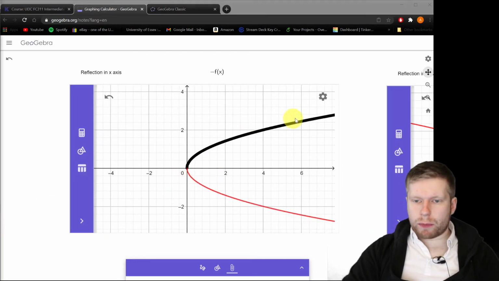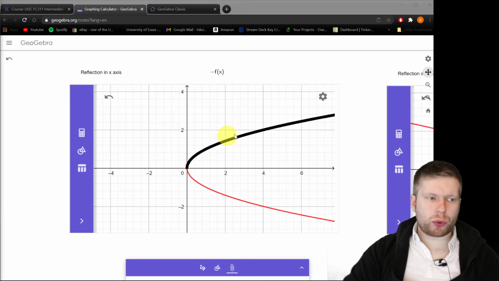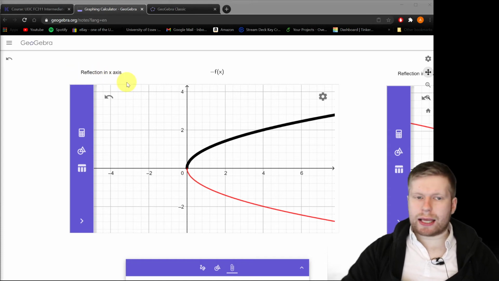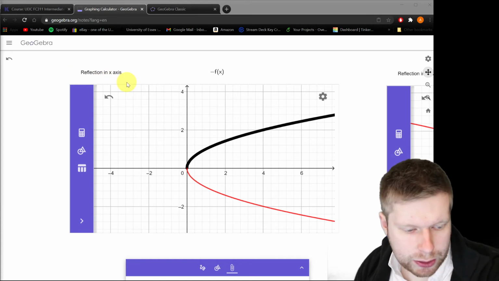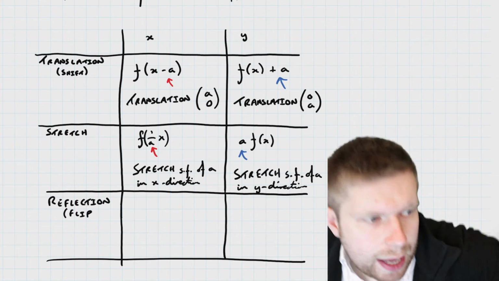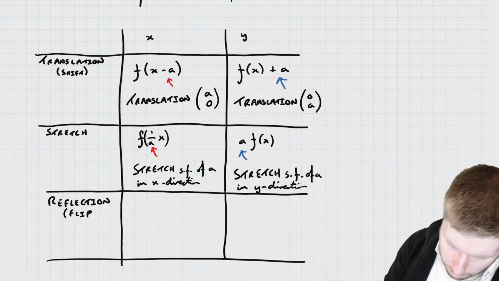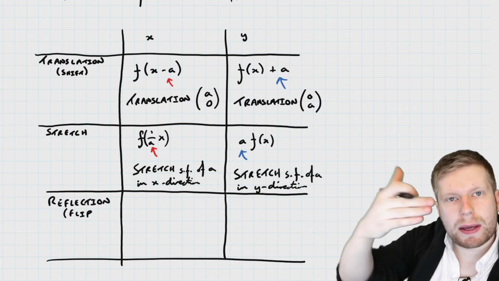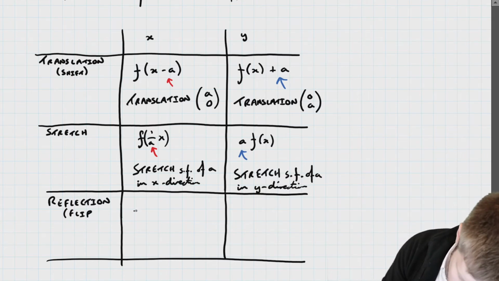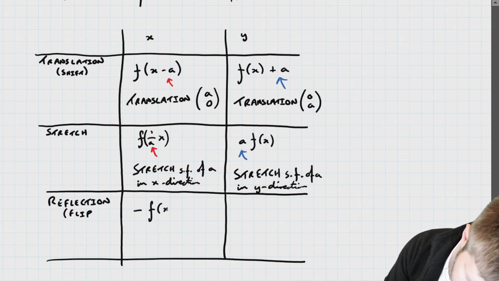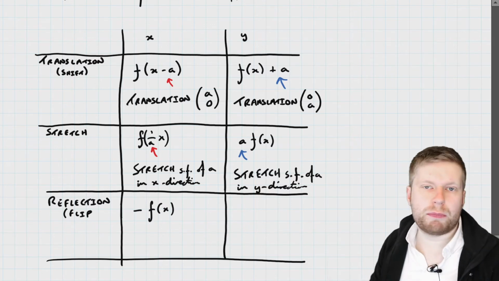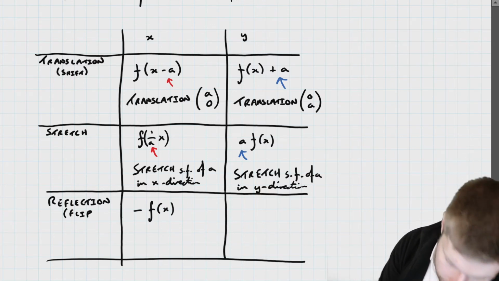So the black graph up here, which was originally my y equals square root of x, my f of x, I've made them so that all the y values are now negative, and that corresponds to a reflection in the x-axis, okay? So let's come back to our tablet then, and let's fill this in here, okay? So if I want to reflect it, it's nice and simple, okay? If I want to reflect it in the x-axis, well, I need to make the y values negative. So I'm going to do negative f of x, okay? So I need to apply my negative after I've applied it through my function. So that's a reflection